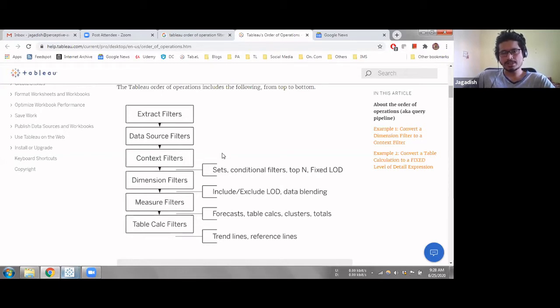So instead of going with each person's different order, Tableau gave itself a particular order, and everyone has to follow it. That was the intention behind it. As Chaitanya said, it's important to understand this to be more flexible and understand how Tableau works behind the scenes.